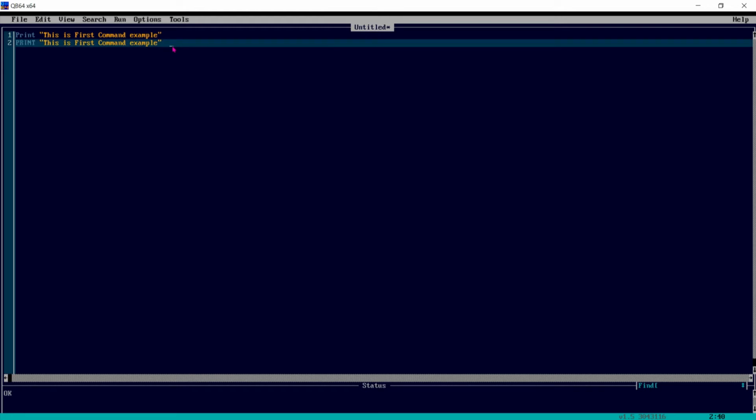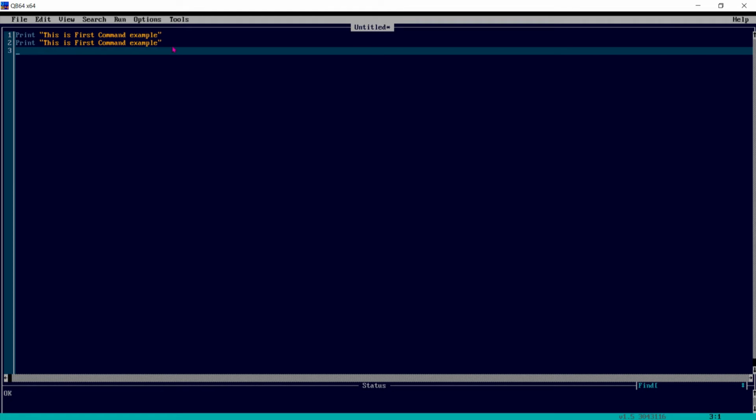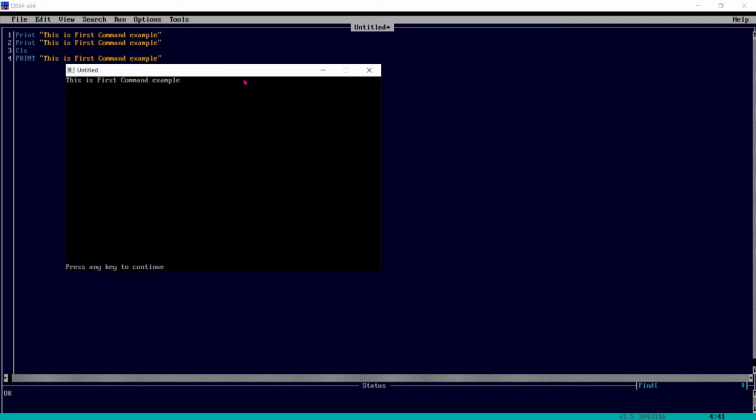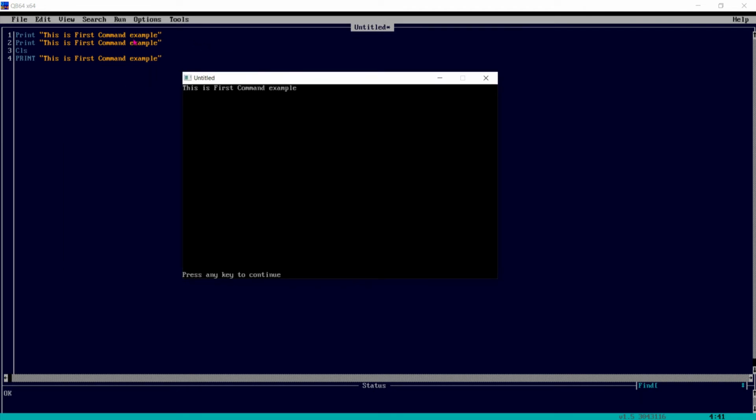I have mentioned one more command, CLS. Enter. Now I am again using this print. We have seen the use of print. Now we will see the use of CLS. Again I am executing it, then we'll see what is the difference. When I gave the print command the first time, it showed the line.